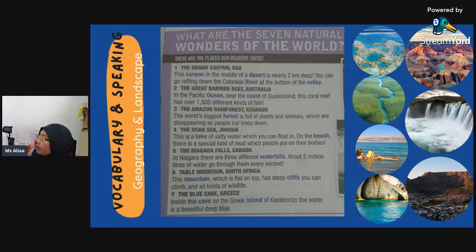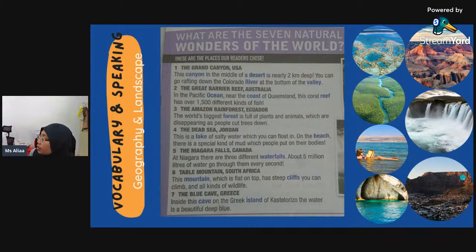These pictures we have here. This is a canyon. This is a photo of the Grand Canyon. This is a photo of the Niagara Falls. This is Table Mountain. Table Mountain sebab dia punya gunung tu rata macam meja. It looks like a table here.